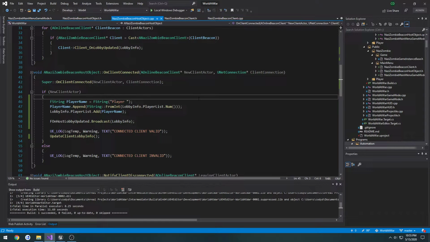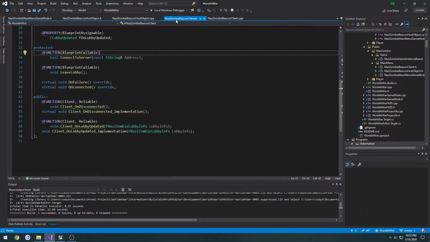So in this video, we have it set up so when we connect, we can see ourselves in the lobby. The host can see that we've joined by filling up the player list, and same thing with other clients that are already connected. Now we need a way to remove ourselves from that lobby. So my plan is to have a variable on the client that is only known to the server, so it's not going to be replicated or anything like that, but it is going to be kind of our index